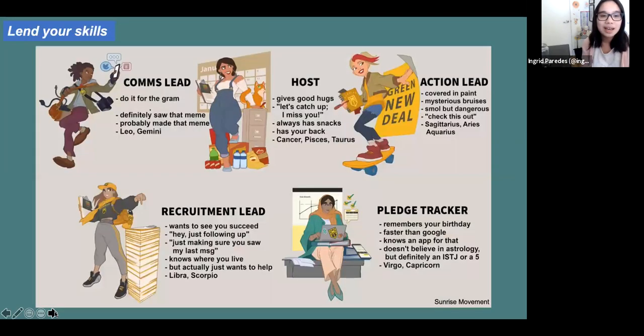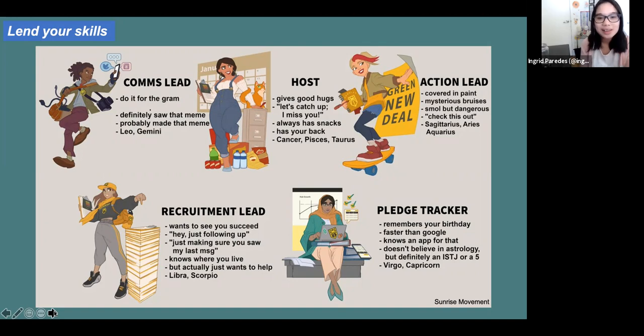And what I mean by time is, thanks, Sean, perfect timing, this is a graphic that I didn't make. It's from Sunrise Movement, which if you're familiar with, is a climate organization that's really youth-led and has been really vocal in the last 2 years and helped the climate crisis come into mainstream political discussion since 2018. And what they did was break down the different kinds of organizers that they have in their groups.